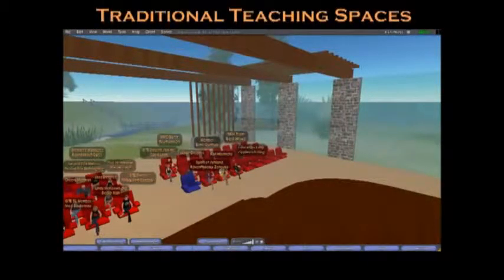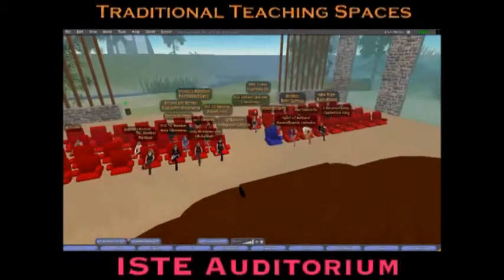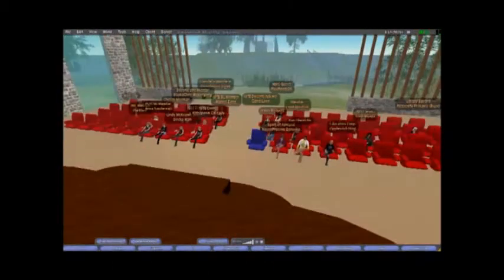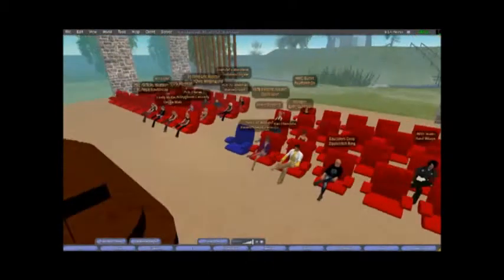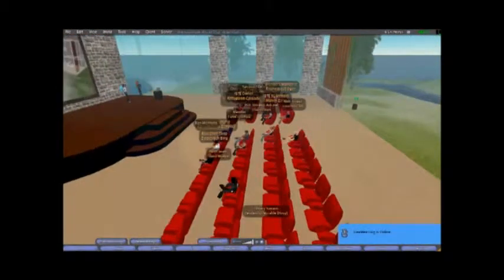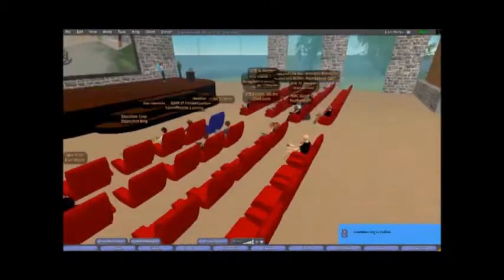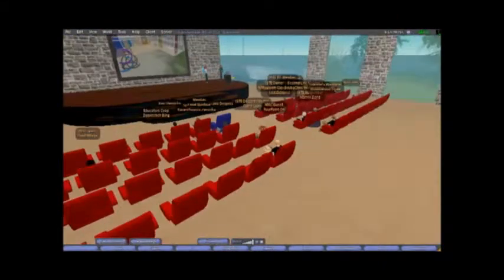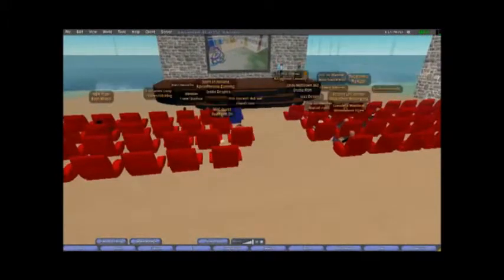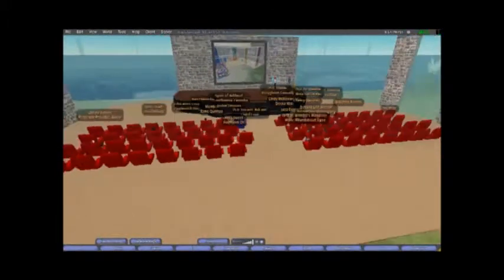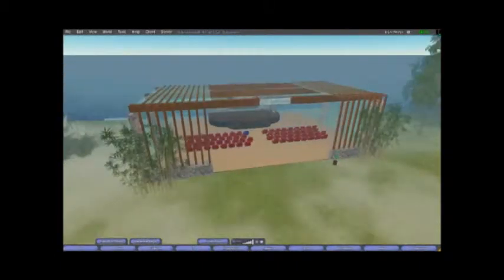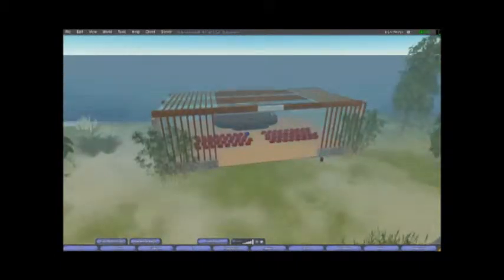ISTE, the International Society for Technology and Education, here illustrates the use of traditional learning environments and distance learning in Second Life. What you see here is a real-time conference with participation and engagement from different persons around the globe, Michigan to Eugene, Oregon, to Wollongong, Australia, all in the same room at the same time, having conversations on topics